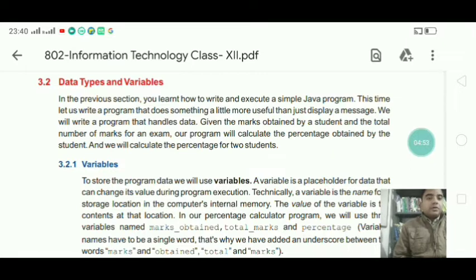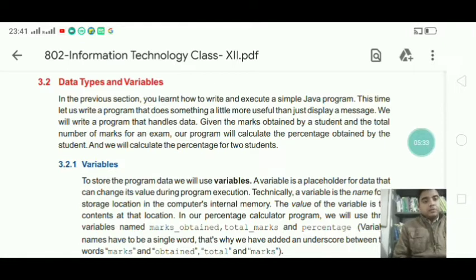So a variable name with uppercase letter is completely different from the same variable name with lowercase letter. Their name may be same, but if you are changing the case, then these two are completely different.